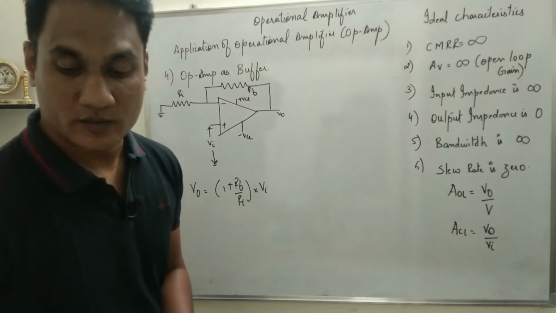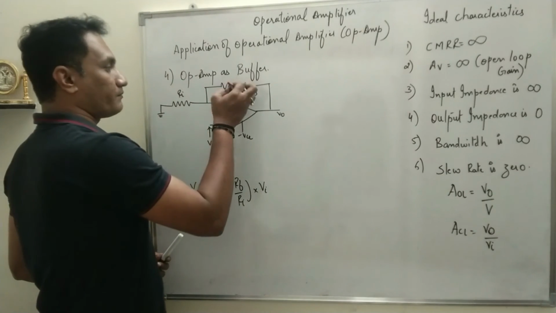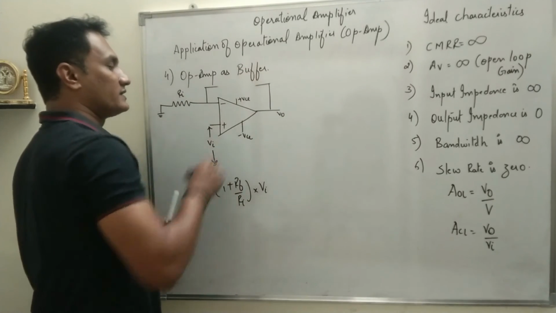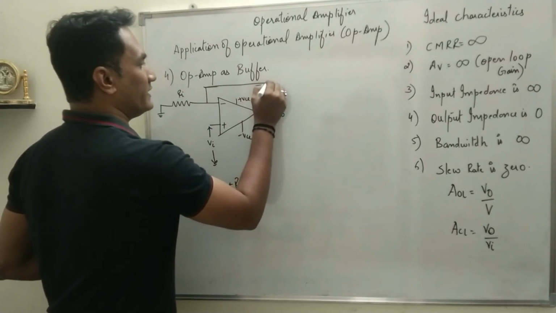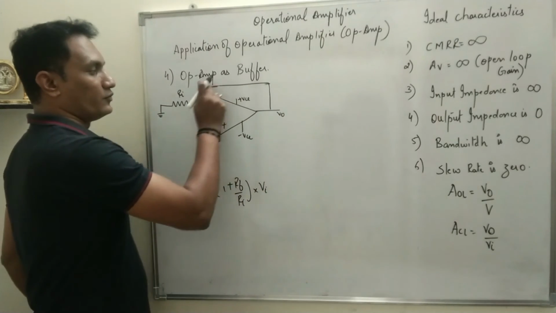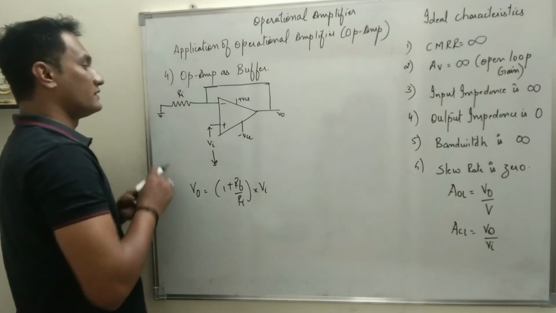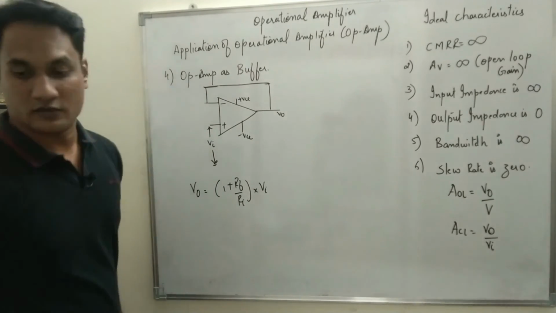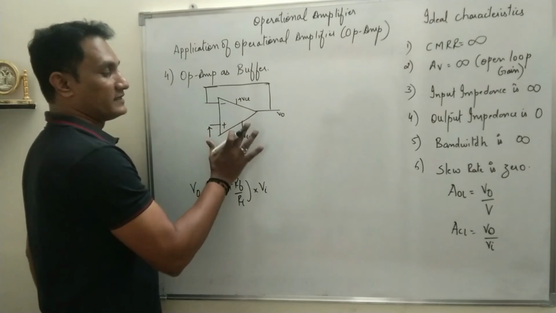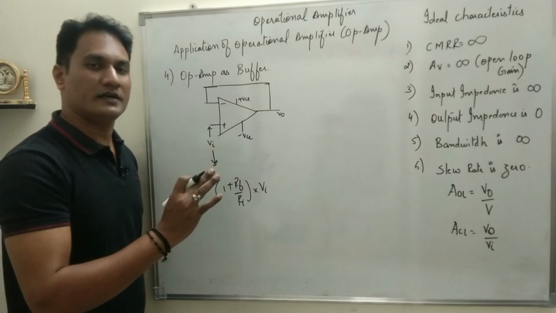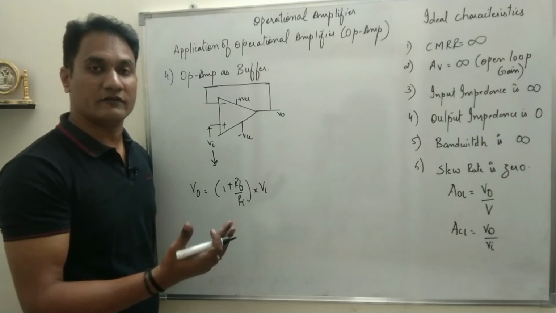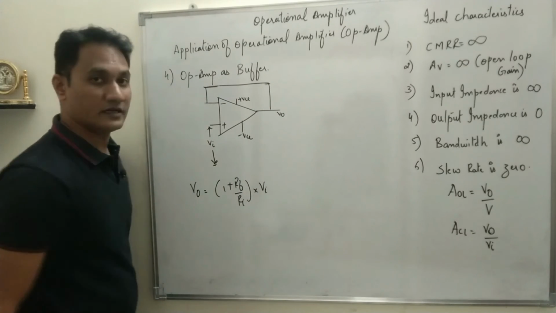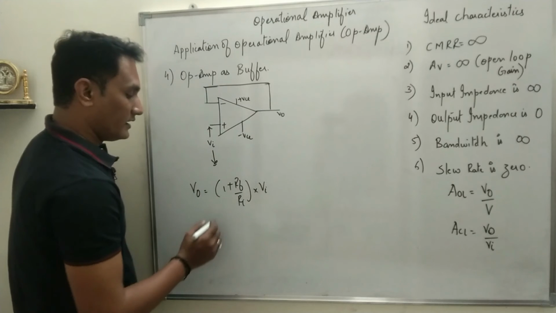Now see the modification which I'm going to do. Instead of connecting the output through a feedback resistance, I will connect the output directly to the input, and when that happens, this input resistance is now insignificant. So this is the basic circuit diagram of an operational amplifier, which is nothing but op amp as a non-inverting amplifier, where the feedback resistance is made 0. Resistance made 0 means the output is directly connected to the inverting terminal.